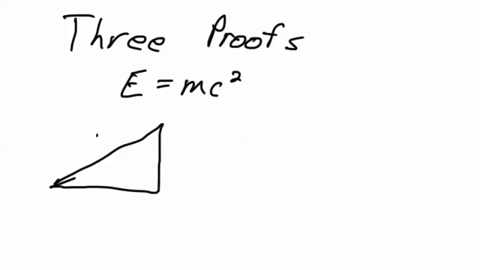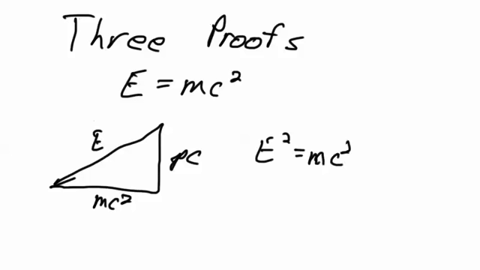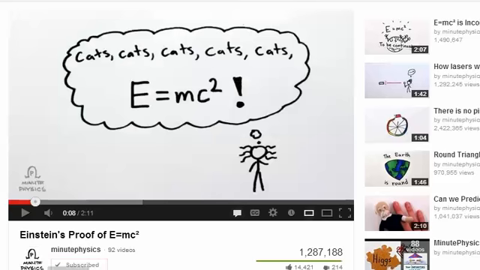I want to show you three proofs that either E equals mc squared or this other one that's sometimes known as the triangle proof, E squared equals mc squared plus pc squared. The first derivation I'm going to show you comes from Minute Physics, where Einstein apparently said